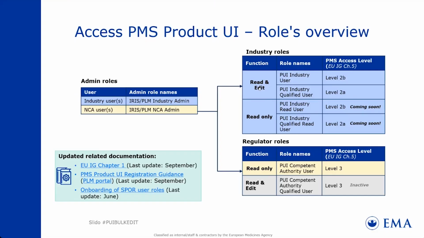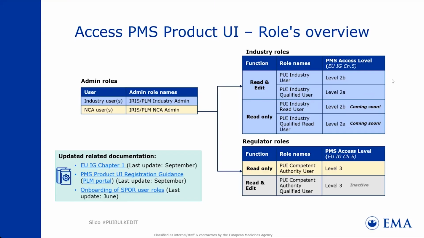So the current roles that are live since the go live of POI read-only pages in May 2024 are the first two, POI industry user and POI industry qualified user. These are equivalent to level 2B and 2A. I would encourage you to read chapter 5 and Annex A to chapter 5 to understand the differences. In summary, industry has a limited access to data, while the qualified user role has a full access to data,